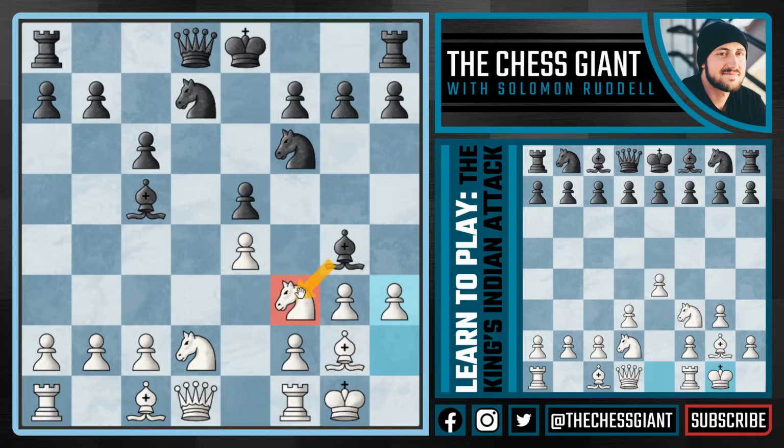Black could take the knight on f3, but I don't think this is very good because it gives us the bishop pair at move 9, and on top of that, allows us to develop our queen and get a good grip of the light squares on the king side of the board. And a move like bishop e6 isn't very good because we simply play knight g5, picking that bishop off. So I think here the best option for black is simply bishop h5, in which case we have the somewhat